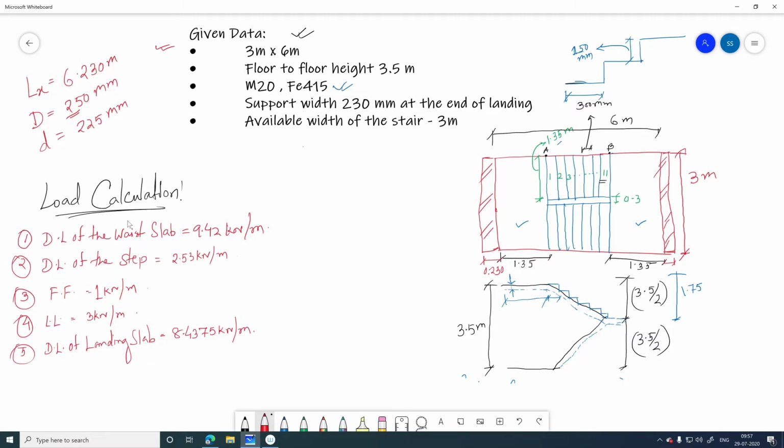So these are the summary of all the loads that we have determined. Now what we need to do is determine the total load which is acting on the landing slab, that means here in this portion, and the total load which is acting on the waste slab, that means in this particular portion where the steps are. Okay, so if we make a diagram like this,